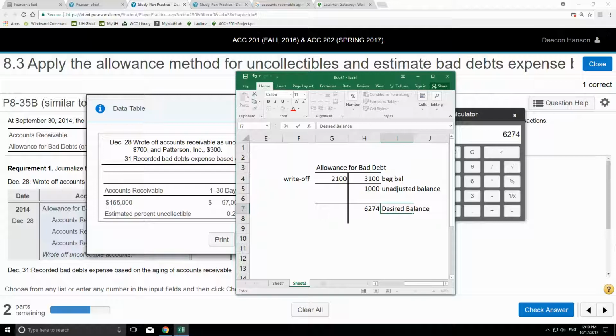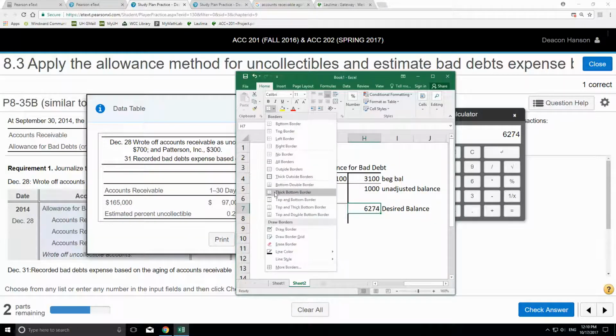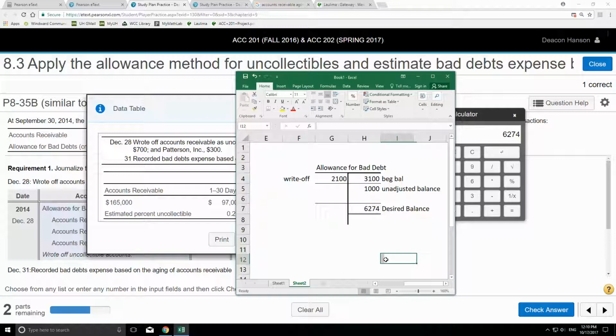Or your targeted balance, right? The balance that needs to be in our allowance account when we finalize the books, right? Okay. But we have 1,000. We need